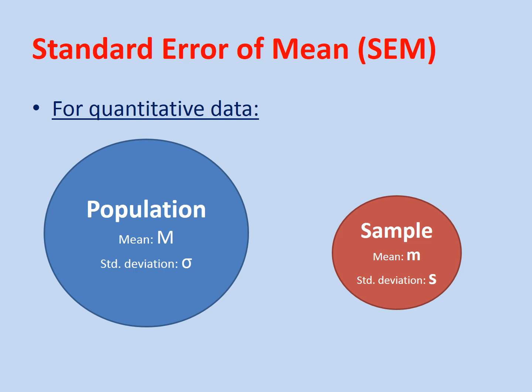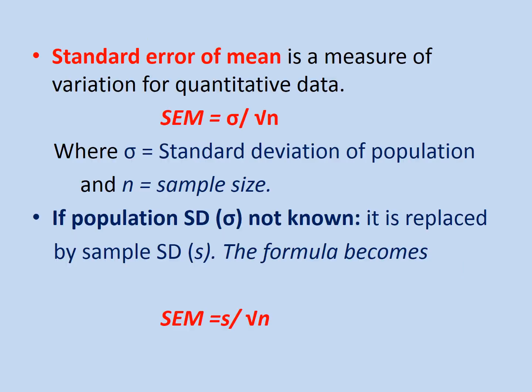Now the mean of the whole population is denoted by capital M, and the standard deviation is denoted by capital S or sigma. Hopefully you have a clear picture of the population mean and standard deviation, and the sample mean and standard deviation. Remember this while solving the exam, whether you have to write capital M or capital S or small m or small s. Now write down this formula of standard error of mean in your journals or on plain paper. So standard error of mean is equal to sigma.